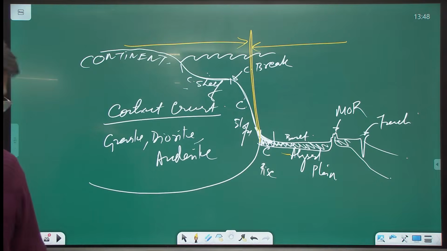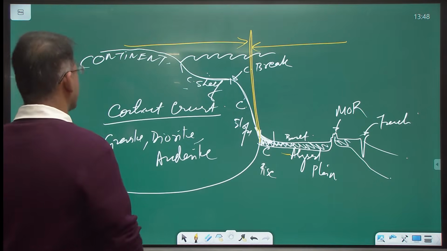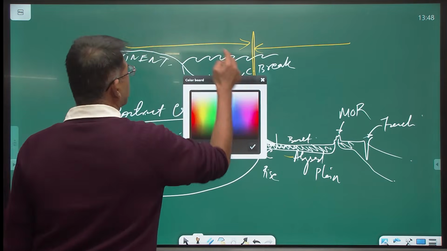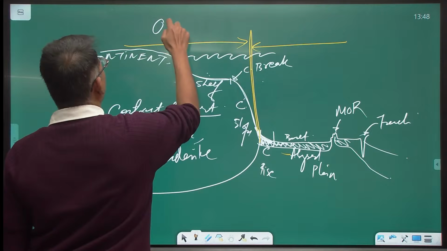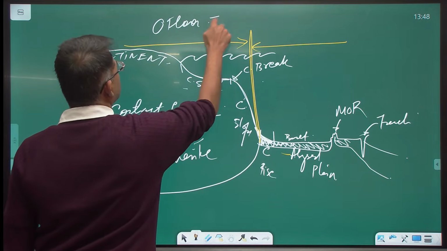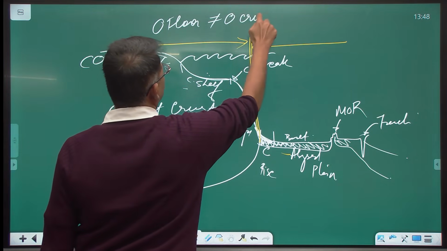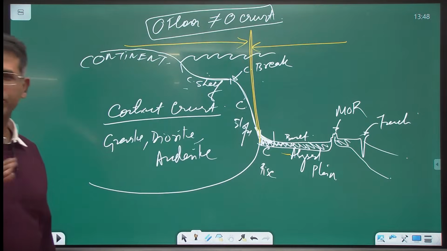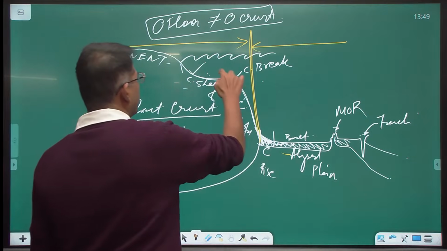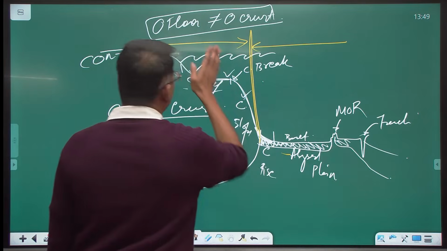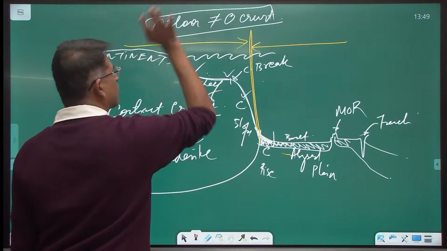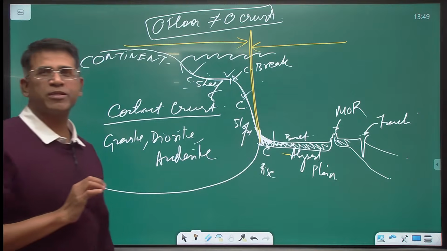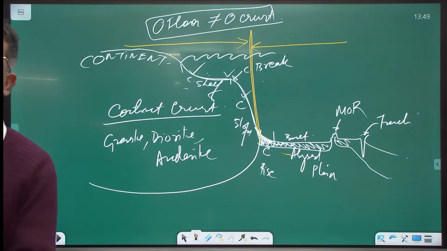The insight for all of you is, when I use the term ocean floor, this is not the same as ocean crust. These are two different terms. Ocean floor is this also, this also, this also, all of it is ocean floor. Under water, it's ocean floor. But ocean crust is largely the abyssal plains, not the rest.